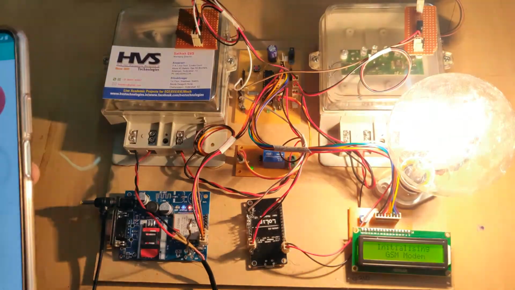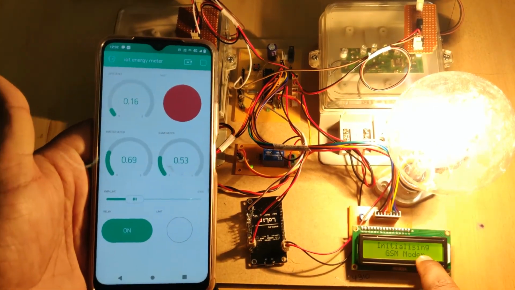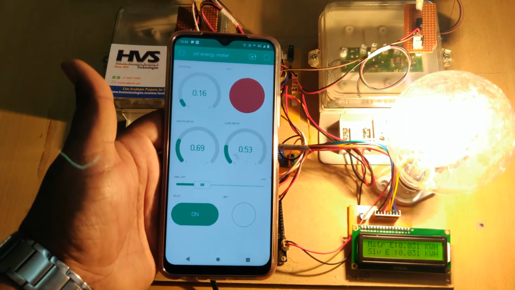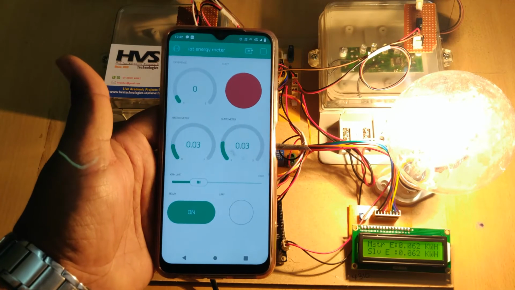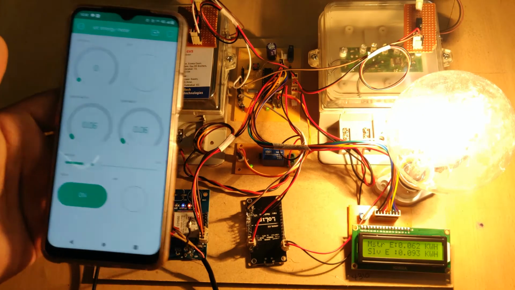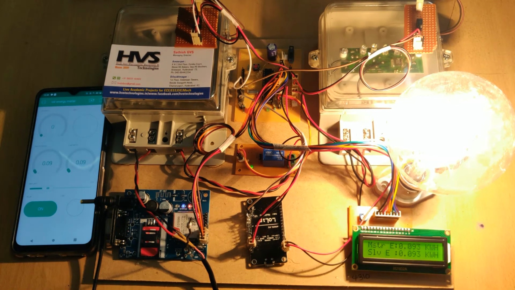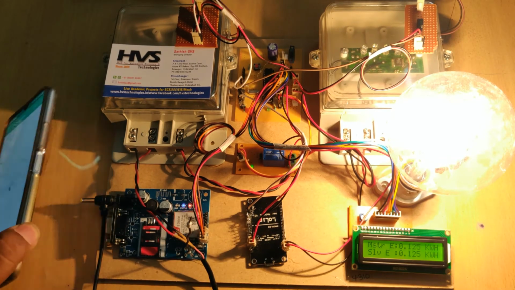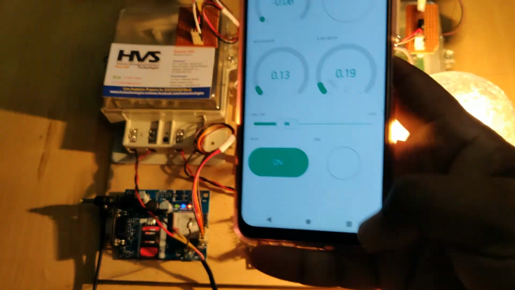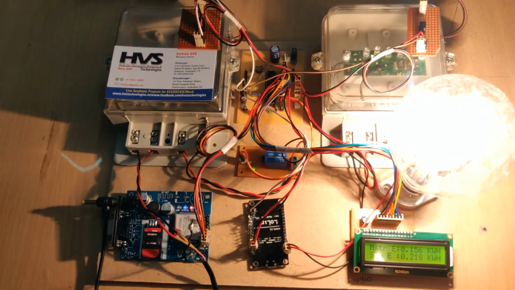Now it will be on again, and after the initialization is done, the app will show the normal condition. Right, so now everything is normal. And this is all about the Blynk app. Coming to the SMS features, as we said, the SMS alert will be sent to the owner whenever the theft difference occurs, and whenever we get the message from the EB department,